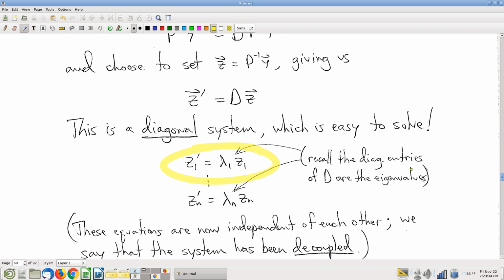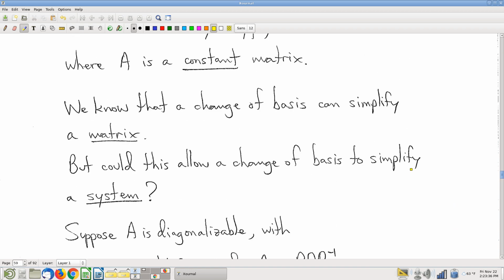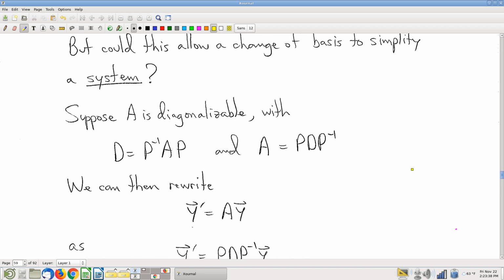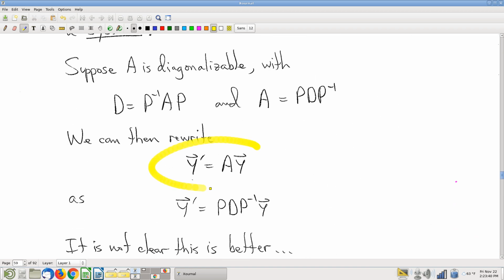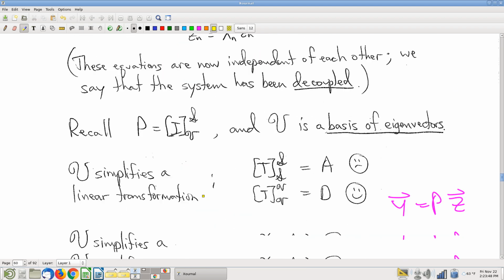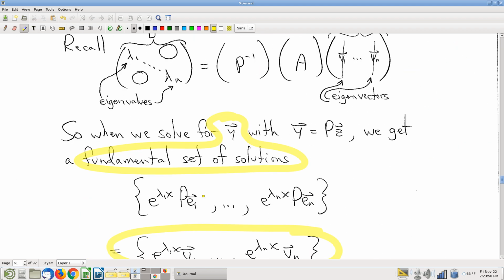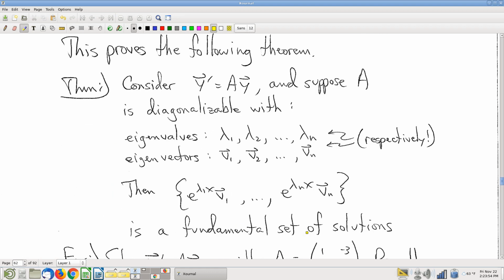I call it a calculation. Really, what we've done is we've derived a theorem, right? We're assuming only that this matrix is diagonalizable. That's it. Assuming only that it's diagonalizable, everything else is fully general, and so we have a theorem here that says that whenever you have a diagonalizable system,